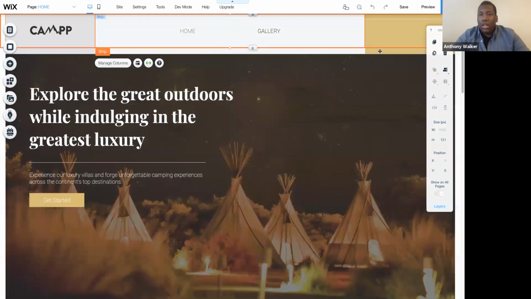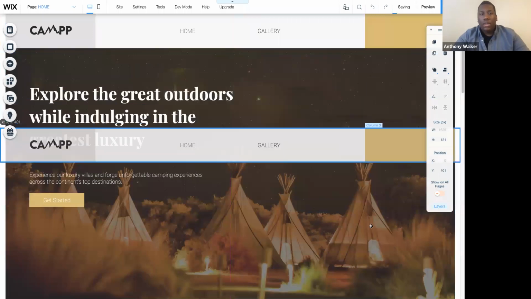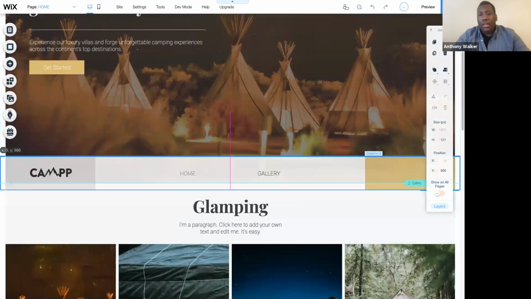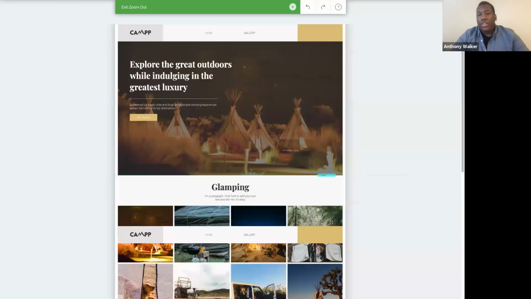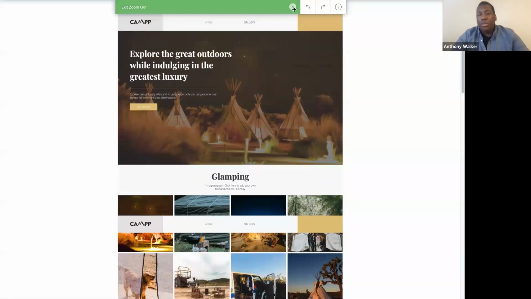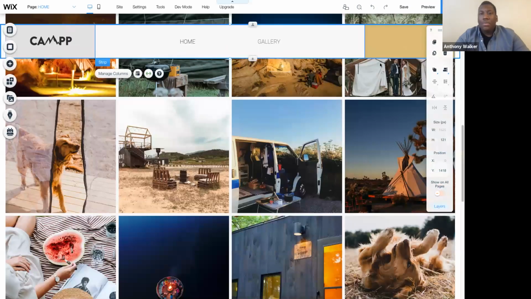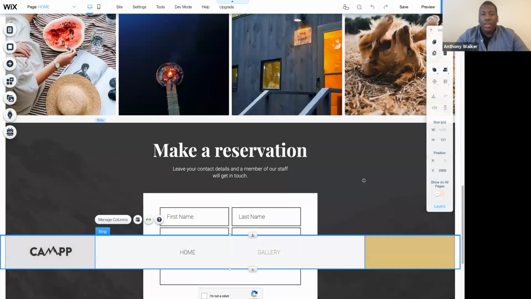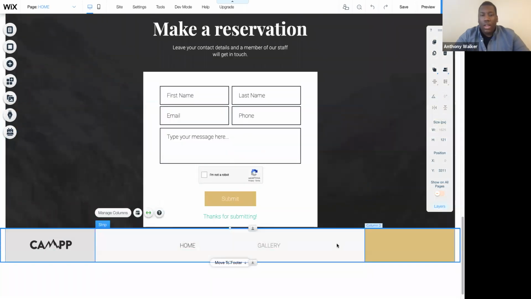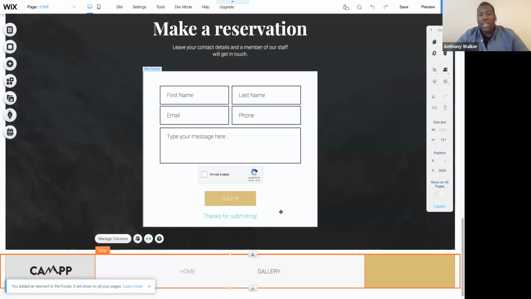Once you have it duplicated, we'll grab it. Hold on one second. All right, and I'm just going to drag it down. There's a couple options to do this. I could also go into zoom out and reorder and decide to move it down. Because it's a little bit smaller and it's on top of a strip, I'm using this option. But I'm going to drag it down because I want that same exact design in my footer. I'll move that to the footer,